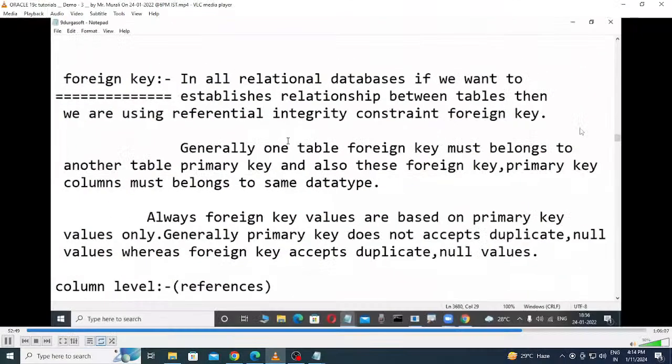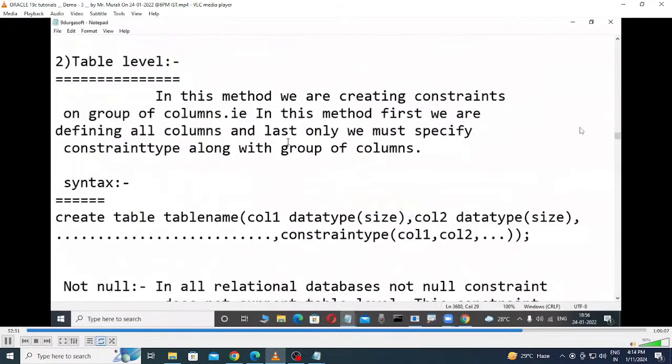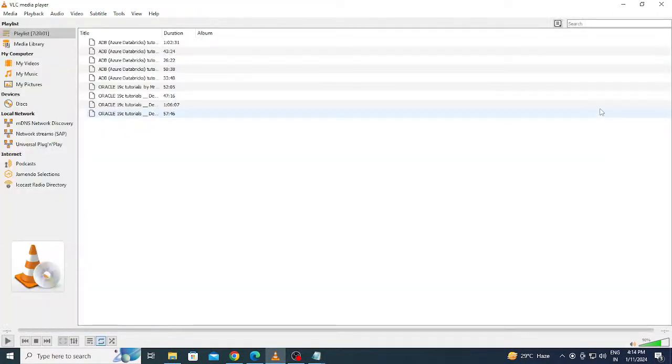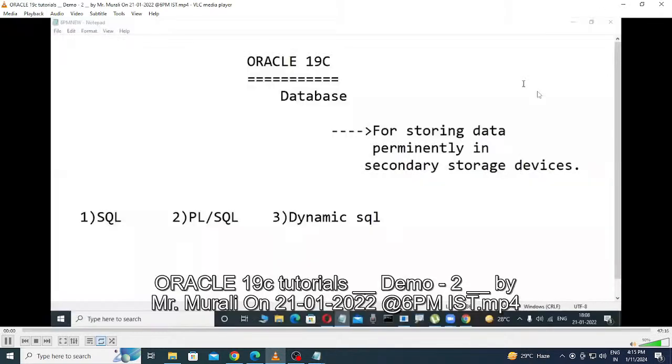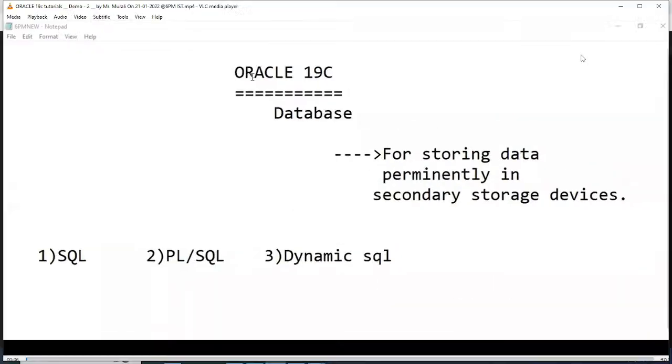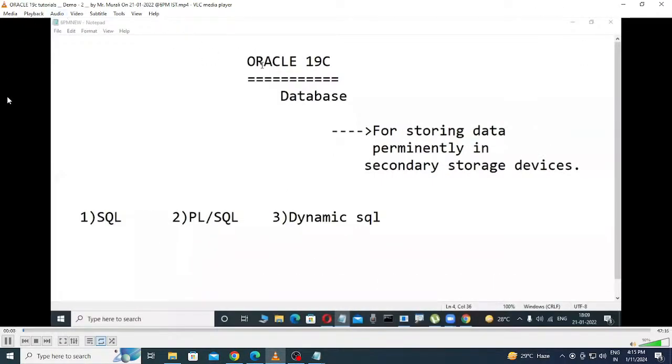Now here, observe: what is primary key, what is foreign key, what is check, what is unique. These are demo classes, not actual sessions, just for idea purposes, some concepts. I'm telling only those things. Maybe 1 or 2 days,